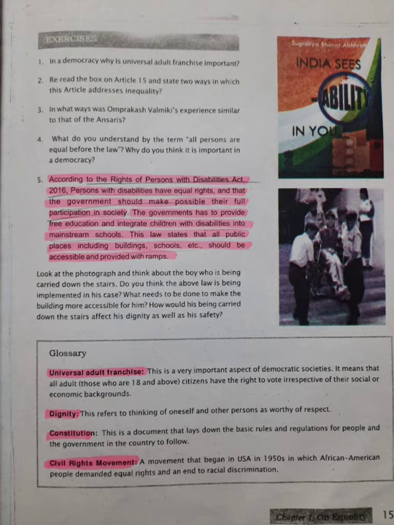Constitution. This is a document that lays down the basic rules and regulations for people and the government in the country to follow. Civil rights movement. A movement that began in USA in the 1950s in which African American people demanded equal rights and an end to racial